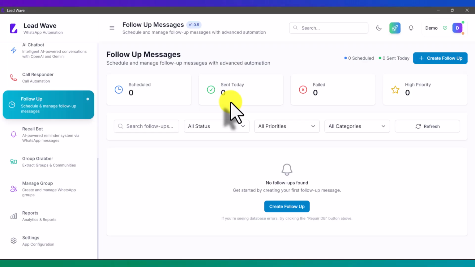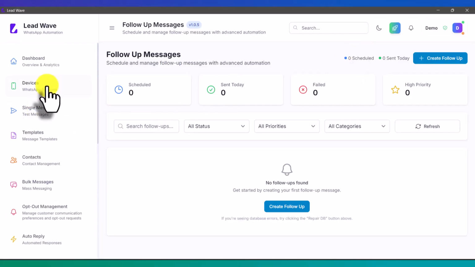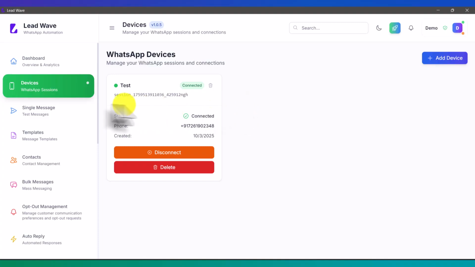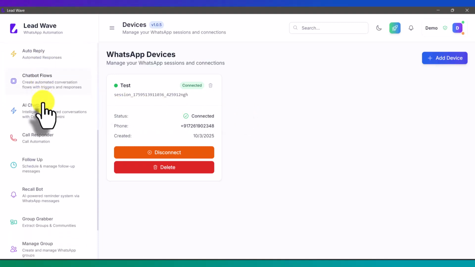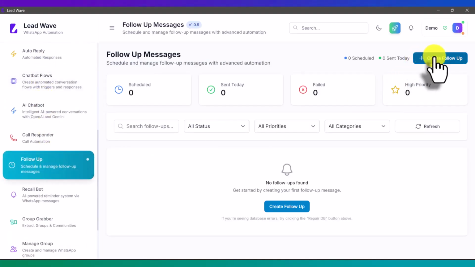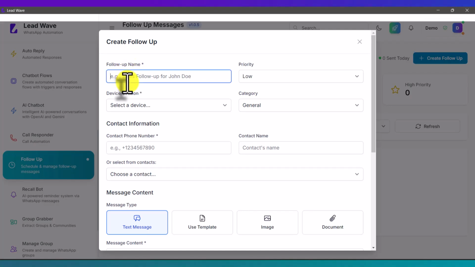How is this going to work? In the left side main menu, click on follow-up. Simply click on create follower. Here also there is a create visit. You have to have an established connection with the LeadWave application. Just create a follower, give any name,